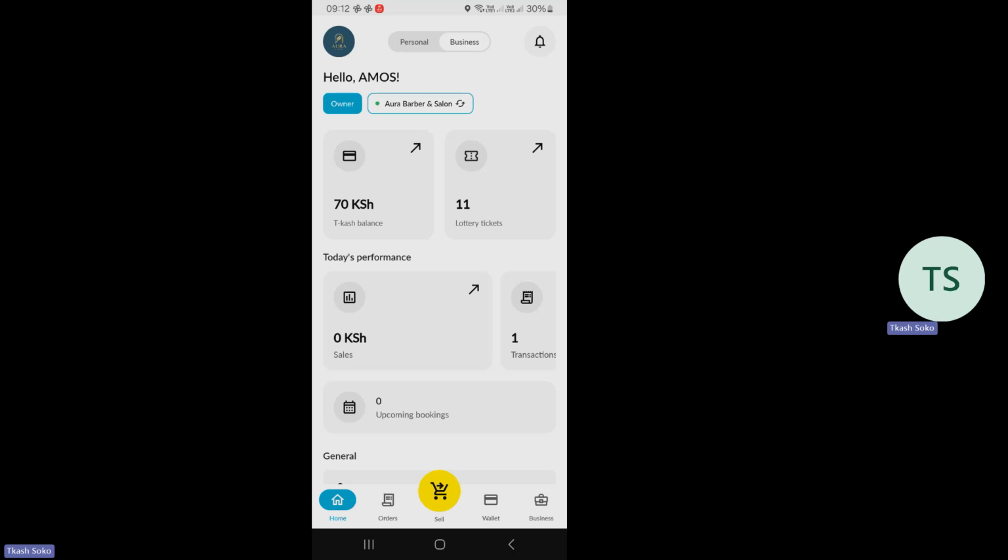So huyu mtu lazima akue place penye near the shop, not 5 kilometers, 500 meters from where the shop is. That is the radius. So within that radius, they can operate the app and make sales for you. But kama ako mbali sana, then they cannot transact using your platform. And that is something that is very interesting. Why? Because if they cannot transact, it means therefore that